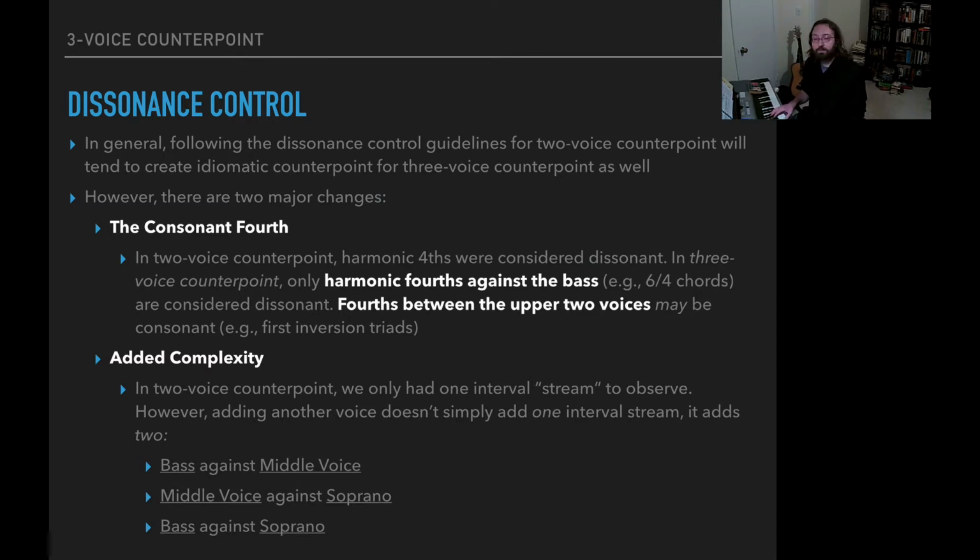In the context of a first inversion chord, though, the fourth is in the upper two voices and therefore is consonant. This is why our first inversion chords, when we're creating harmonic progressions, can be used freely,